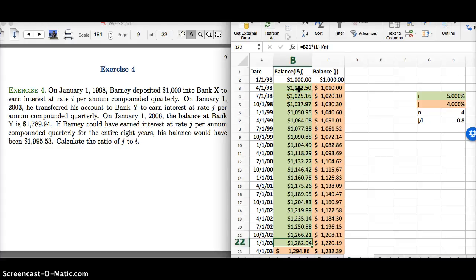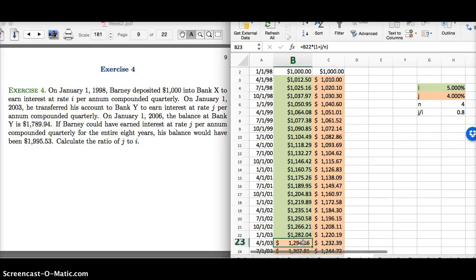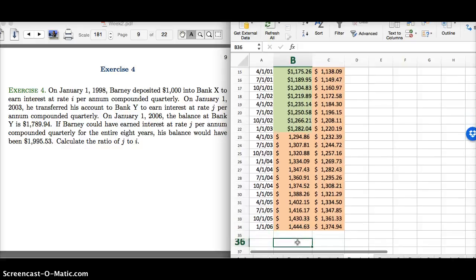copied down. Now on January 1, 2003, he transfers his account to Bank Y, where he earns a different interest rate, J, but again compounded quarterly. So we don't know J, so I'm going to let J be a guess for now as well. And so the peach cells are ones where I've used J to compute the interest. So I multiply the previous balance by 1 plus J over n to get the balance at the end of the next quarter, and that gets copied down all the way down to